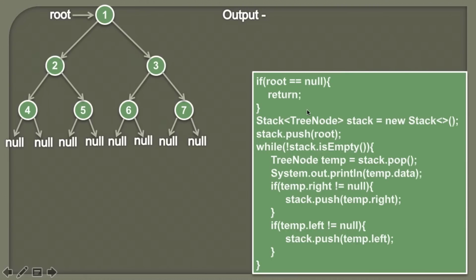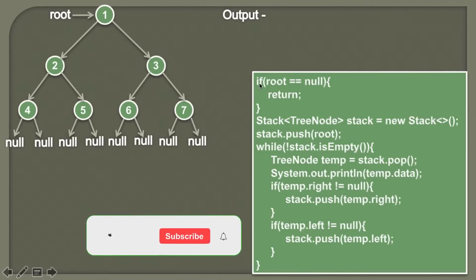So friends, below is the algorithm for iterative pre-order traversal of a binary tree. And as we are using the iterative version of this algorithm, we are creating a stack which could hold the additional information for us, so that when we backtrack to a particular node, we can fetch it from the stack easily. We also know that stack is a LIFO data structure, which means last in first out. So the node inserted last would be the first node to be removed. If you want to know more about stack data structures, you can watch my previous tutorial. In this tutorial, let's take this example that we want to traverse the nodes of this binary tree. Let's see the demonstration of this algorithm step by step.